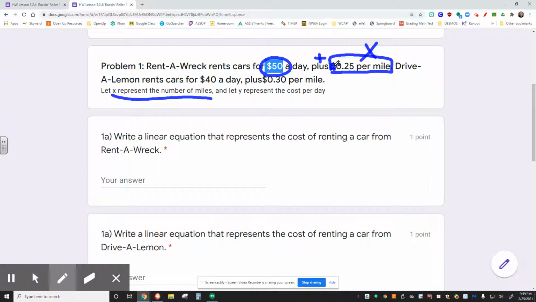Don't include the dollar sign in your equation. It is not necessary, nor will it be accepted as correct. So that's the equation you're going to start right here. Don't forget to start with y equals. The next problem,